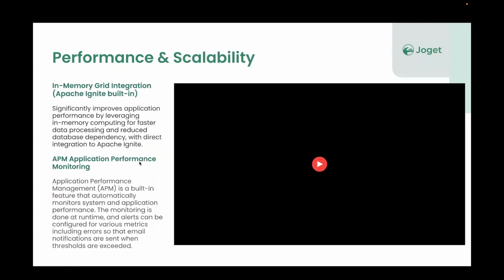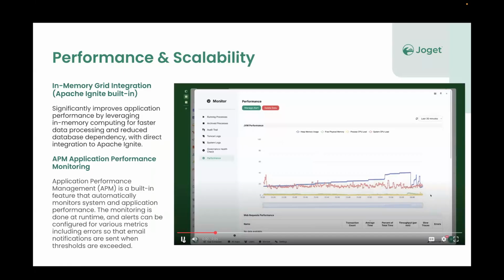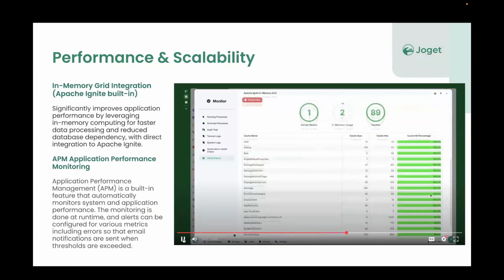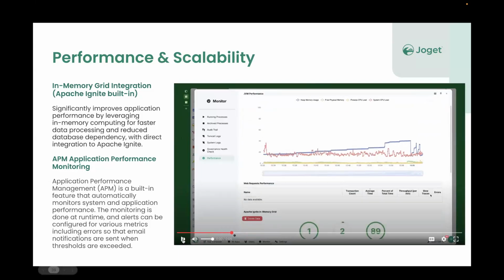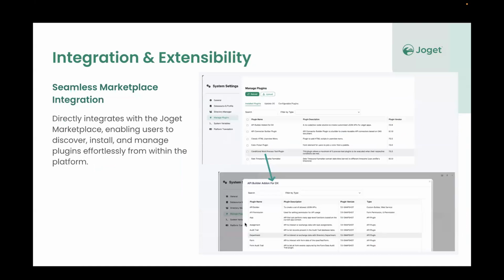The next important pillar is performance and scalability. Nothing too much to show on the front end really, but here are two screens that you can look at. One being the APM, which we found very useful, and it is something that we inherit from the previous versions as well. The APM is very important because it will tell us what has been running